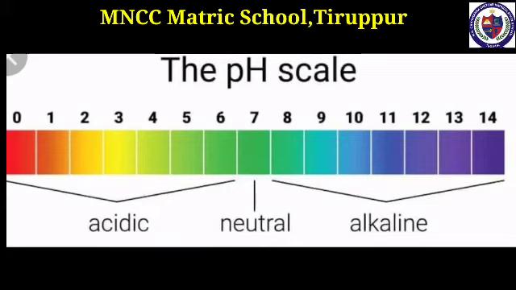The test solution is tested with a drop of the universal indicator, or a drop of the test solution is put on the pH paper. The color of the solution on the pH paper is compared with the color of the chart and the pH value is read from it. The pH values thus obtained are only approximate values.